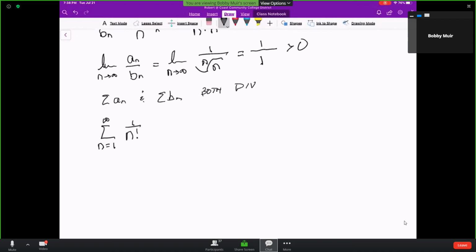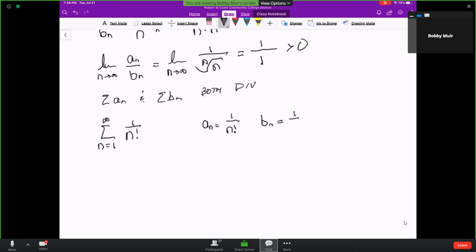We think this is going to converge. We've already had this discussion. Now that we have the limit comparison test and the comparison test, maybe we can say some stuff. So let's see. We know this is going to converge. So if an is this 1 over n factorial,